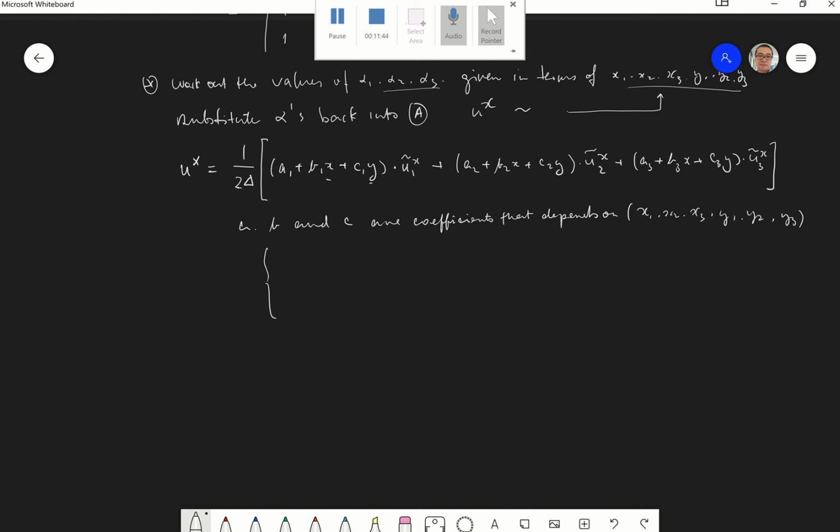So for example, a1 is equal to x2 y3 minus x3 y2. b1 is equal to y2 minus y3. c1 is equal to x3 minus x2. Now in the lecture notes, you will see there's a sentence that says